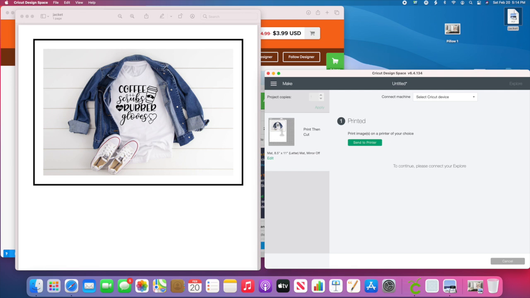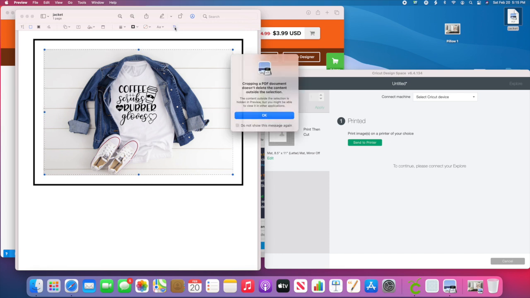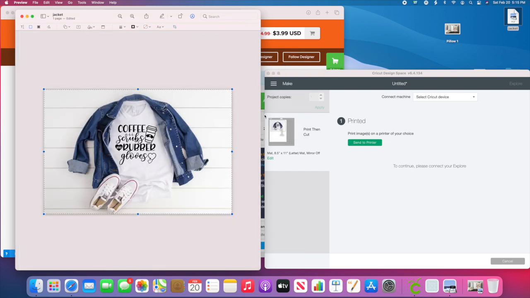So here we are again with our jacket PDF. So we're just going to click on this little draw tool here, hit on the little dotted lines. Now this time I'm actually going to come on the image and do it to show you what I was talking about. So I'm actually going to come a little bit in. And this is just going to help avoid getting any of the white in here. So something just like that. Let go. And now that crop tool is going to come up. We're going to hit it. We get our warning. We're going to hit OK.